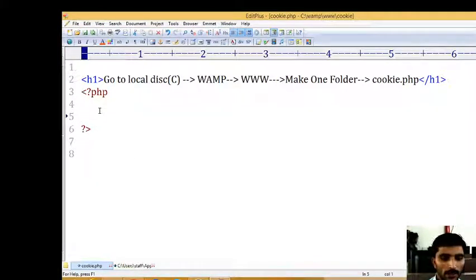So now it is PHP code. Before creating cookies, you have to give the time zone for your cookie.